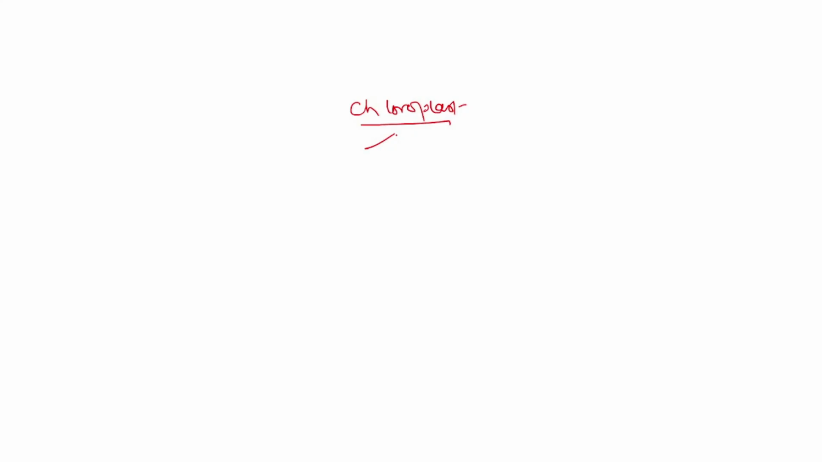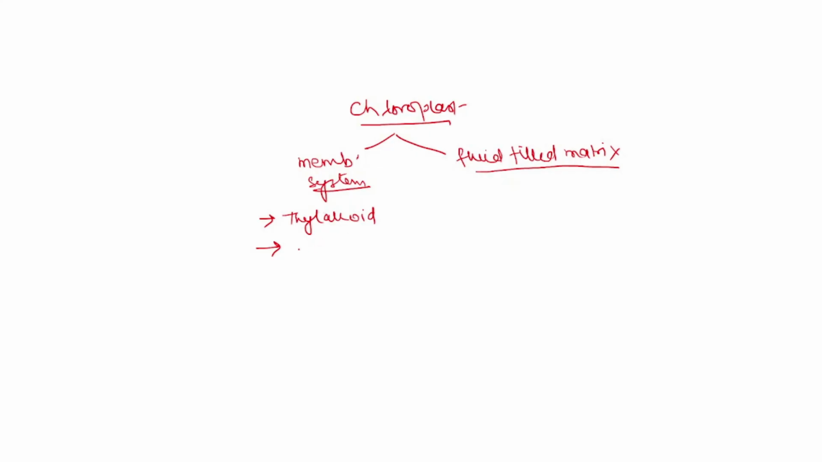We know that chloroplast has two main regions. What are they? Membranous system and second one is fluid-filled matrix. And the membranous system consists of thylakoid. Second, stacks of thylakoids are grana, and all the stacks of thylakoids are connected with each other by stroma lamellae. These three belong to membranous system and fluid-filled matrix is known as